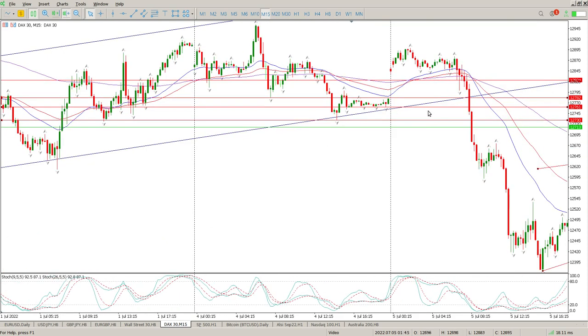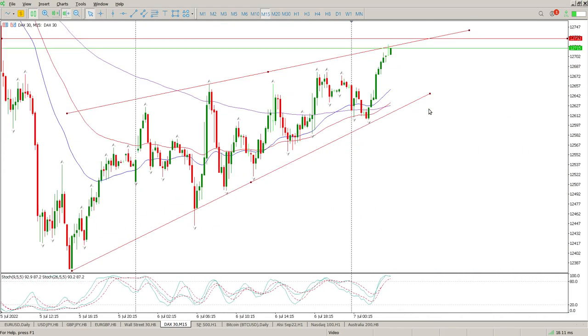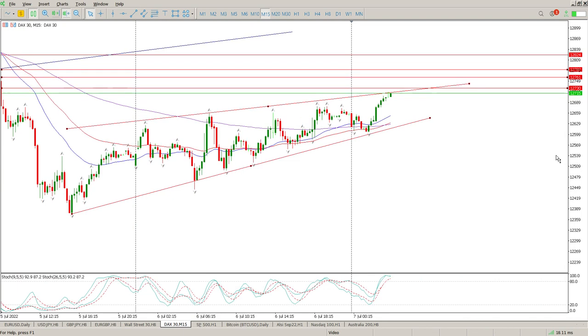Just look if we've tested it anywhere. We haven't tested that. Even this little range it formed here, we didn't test that either. So that's another area that could be retested. So 12,782. Anyway, I'm not going to draw all these levels in. You get my picture. Wait for a retest or wait for a rejection of one of these levels between 12,824 and